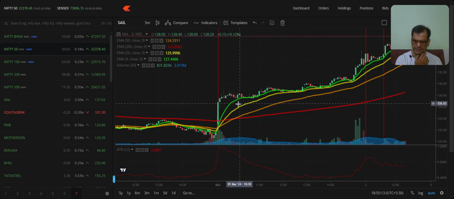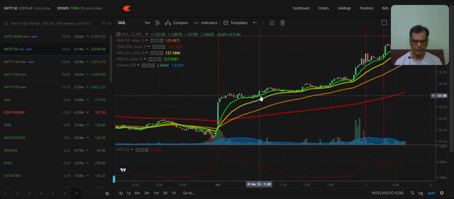If you see here, the market is just meandering from left to right. If you look at the candles, it's not doing much. It's just dragging on. So, what can I do here? The price is also crisscrossing the EMA 9, which is the green colored line that you see here. So, I do nothing. I will just wait and watch to see if some sort of pattern develops. Alternatively, if you really want to be aggressive, what you can do is